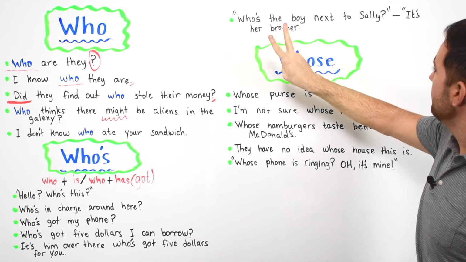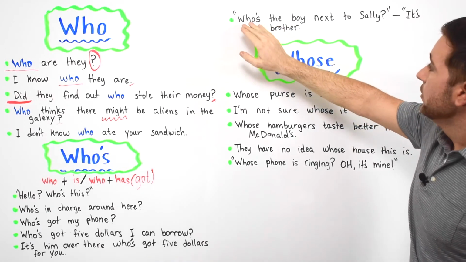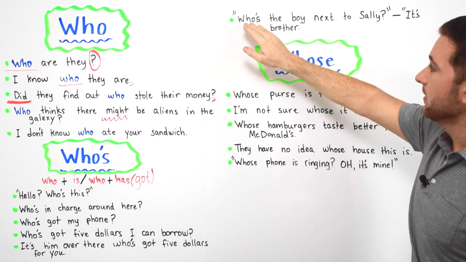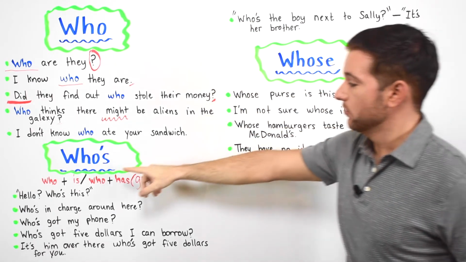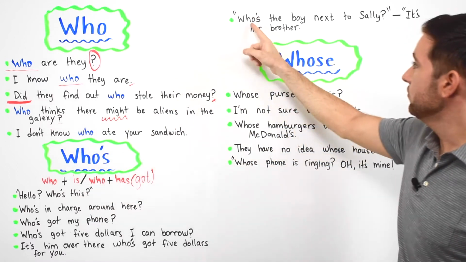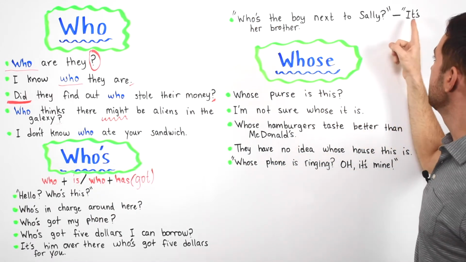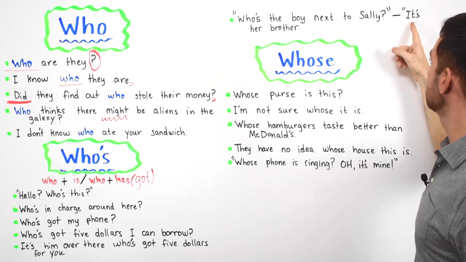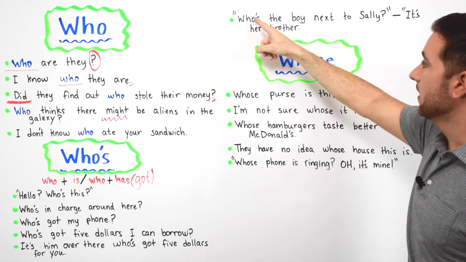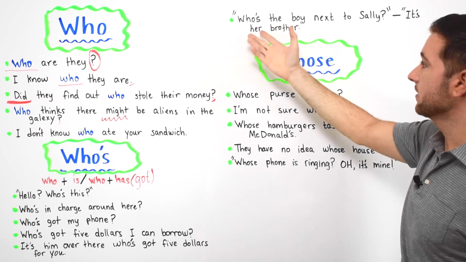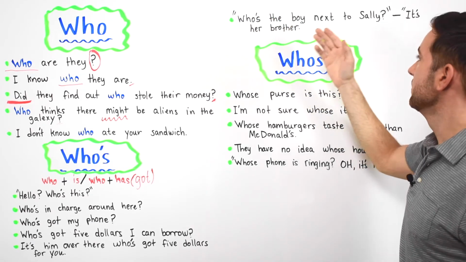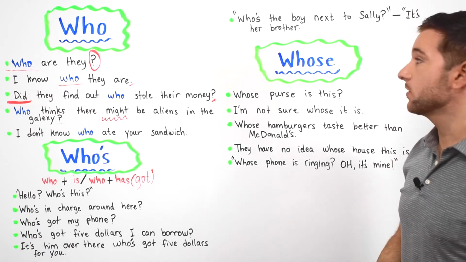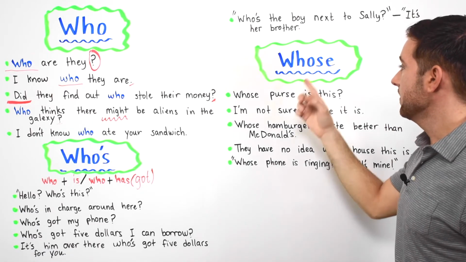It's two people talking. Who's the boy next to Sally? It's her brother. Okay, who's, meaning who is, right? Who is the boy next to Sally? It is her brother. Again, we have a contraction here, okay, with an apostrophe. Again, an apostrophe, a contraction of who is. The boy next to Sally, it's her brother. Okay, now we're going to move on to the next whose, right, which is right here,